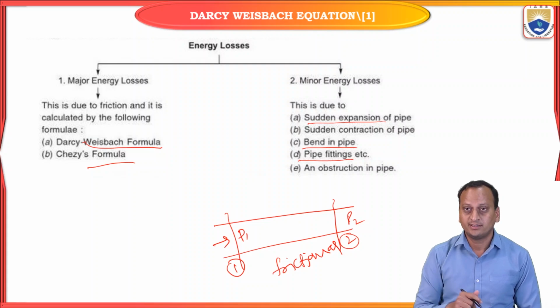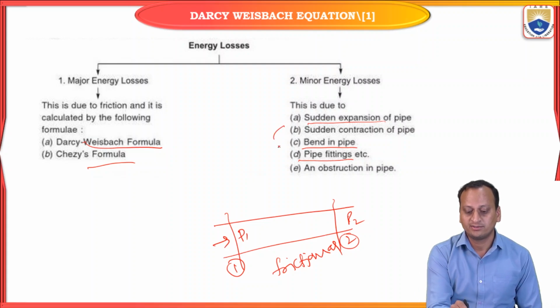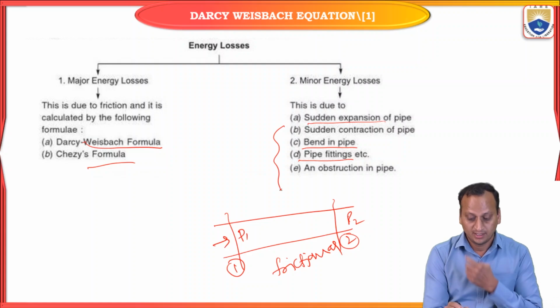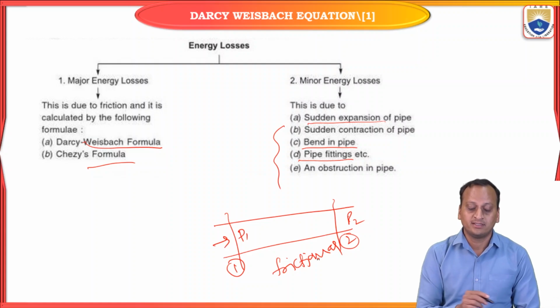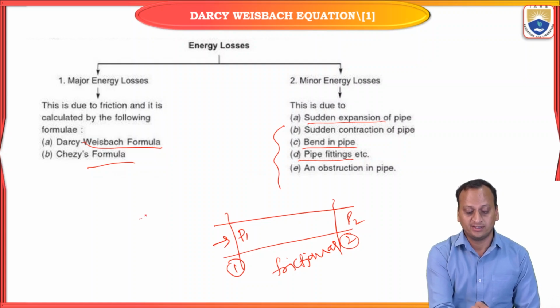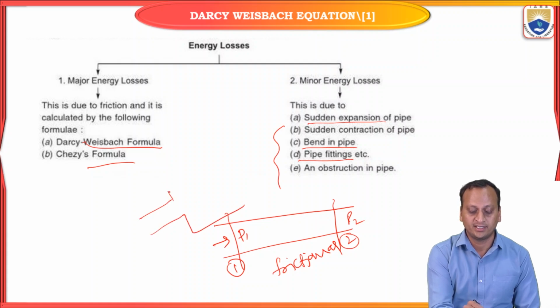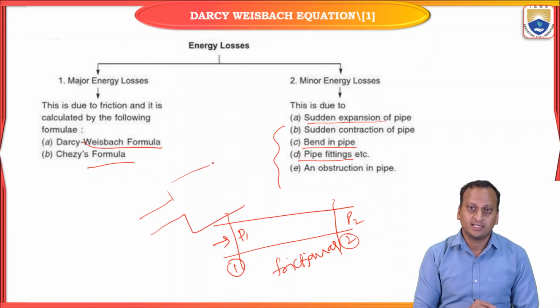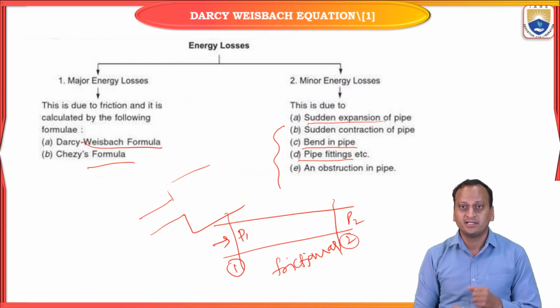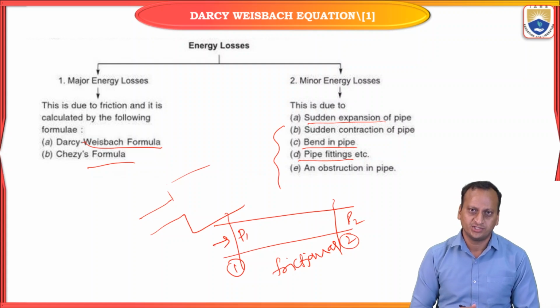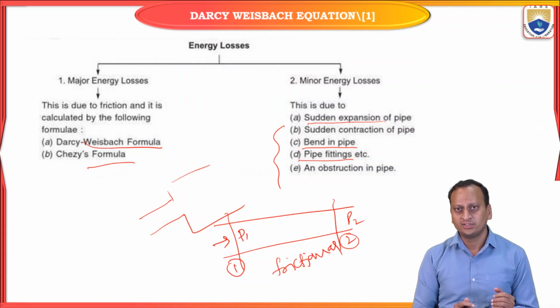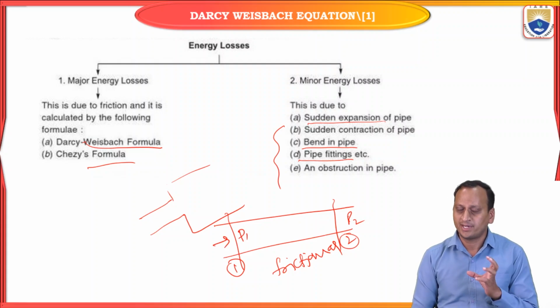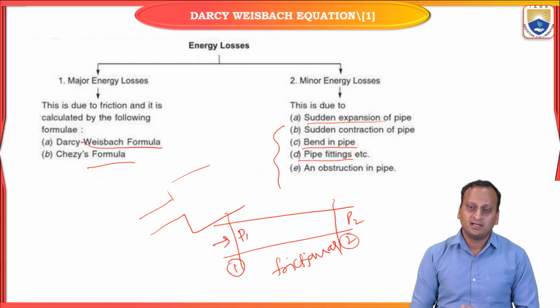Similarly, minor energy losses are, for example, when the pipe cross section varies from a small diameter to a bigger diameter, or from a bigger diameter to a small diameter, or if there is any bend in a pipe, or any obstruction in a pipe. Such types of losses come under minor energy losses. Whenever the fluid is flowing in a closed conduit, the losses